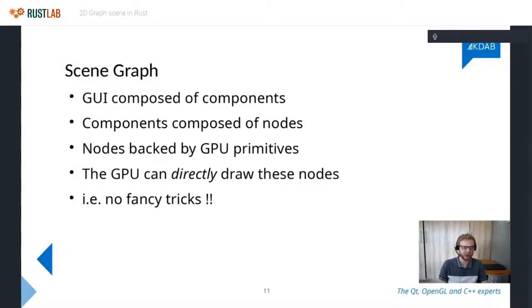You can just upload the node to the GPU and it's drawn. The nice thing about this is that the node understands how to update itself on the GPU. If you, for instance, change the color of your rectangle from blue to red, the only thing the node needs to do is upload the new uniform to the GPU. Everything else is already on the GPU.